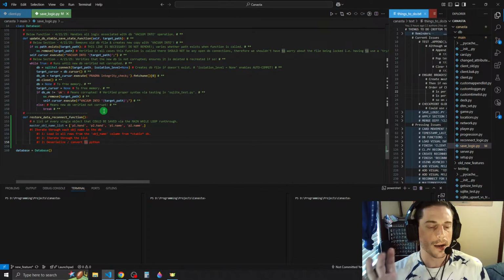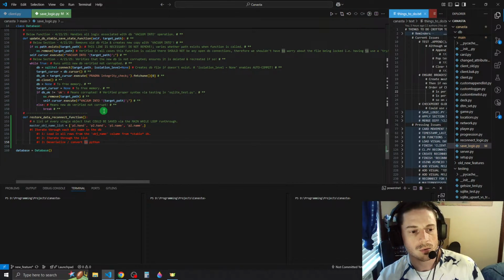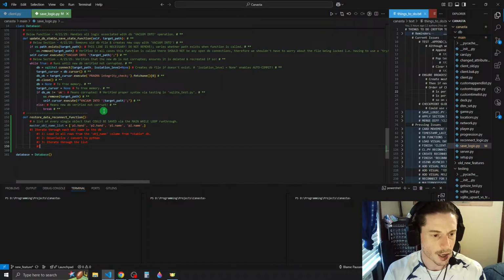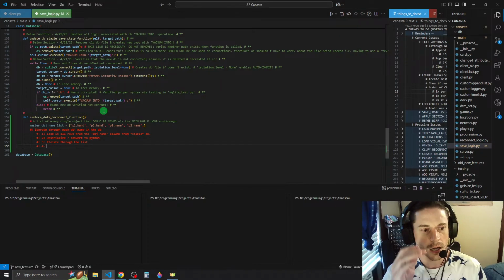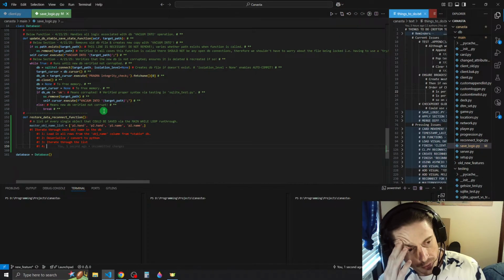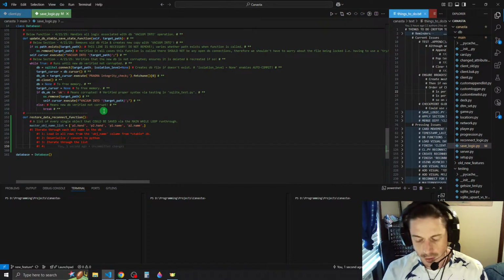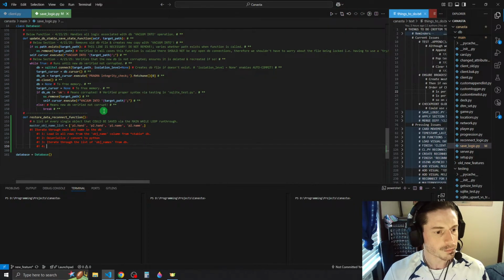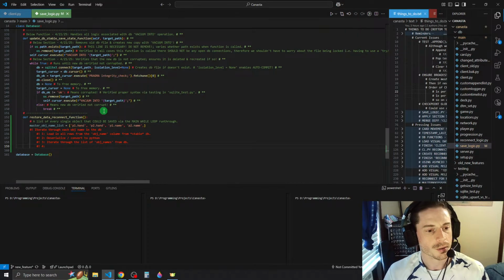Well, we would have to grab them all, and it would return basically like a list, I guess. And then we would deserialize and then iterate through the list. I'm not exactly sure which one of those would come first, but we can figure that out. And then after that, while we're iterating through the list of object names from the database, we would check